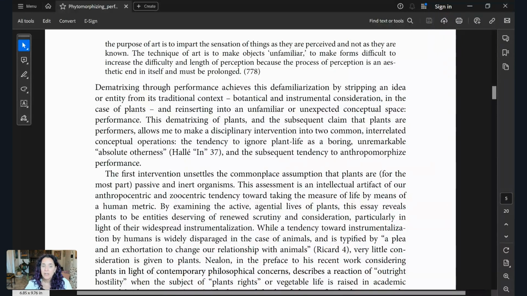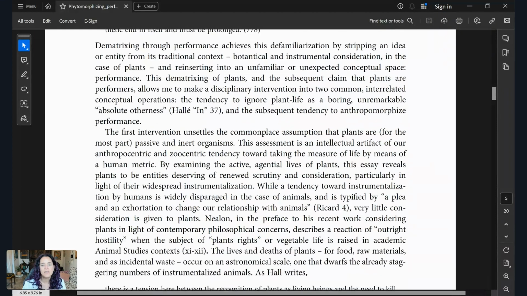The technique of art is to make objects unfamiliar, to make forms difficult, to increase the difficulty and length of perception, because the process of perception is an aesthetic end in itself and must be prolonged. Dematrixing through performance achieves this